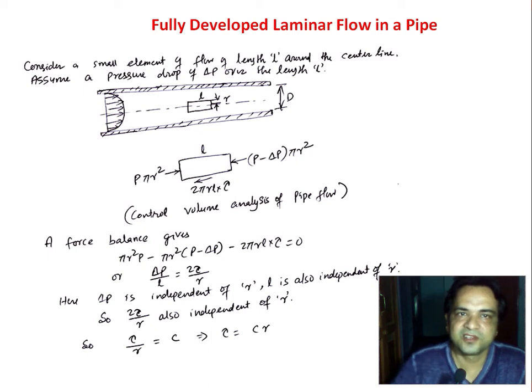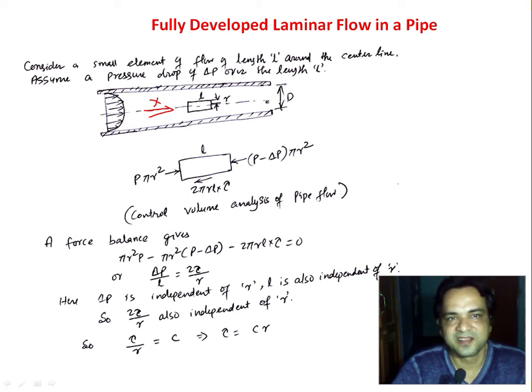So we have discussed the fully developed region. The analysis for a fully developed region is quite simplified because the flow becomes one-dimensional flow. So the velocity profile will not change along the axial direction, X. Only the velocity profile will change along the radial direction. So we will start from the center in the R direction towards the wall. R equal to 0 means it is the center line.